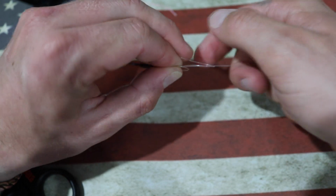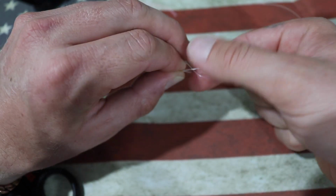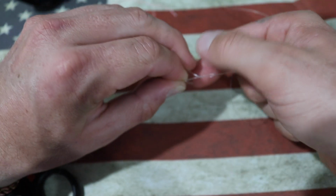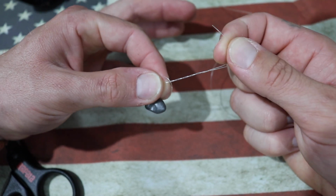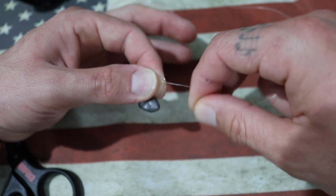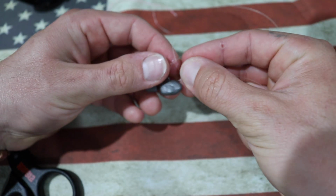So 1, not through the loop, just around the line. 2, 3, I'm just going to go 3 for this video. Usually I go 4 or 5. After you've looped it back over that line, to finish it off, go back through the loop that you came through initially,